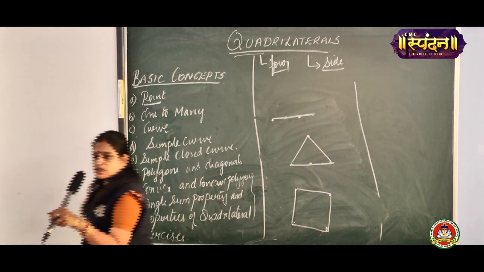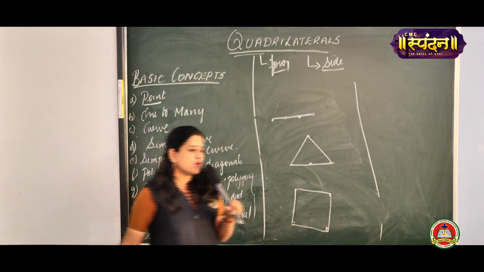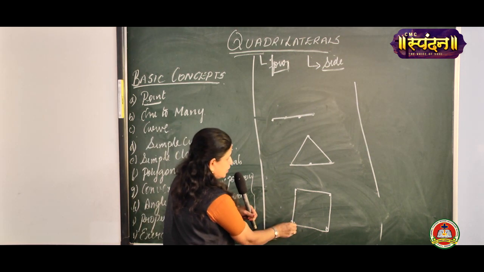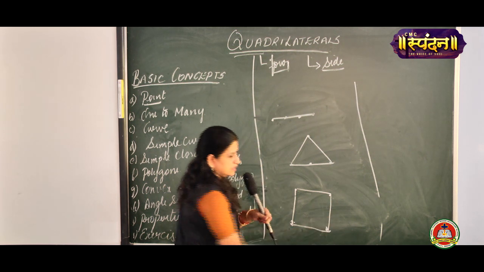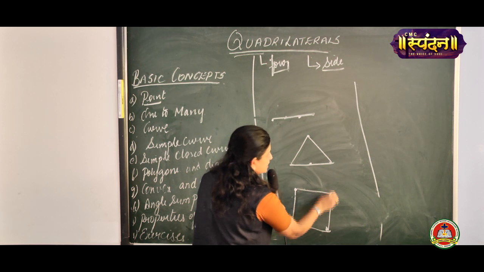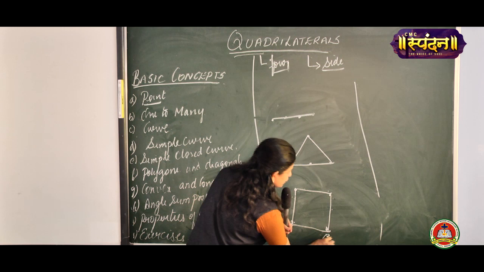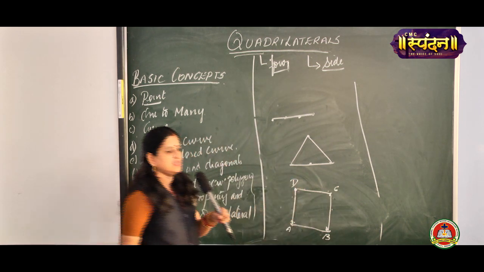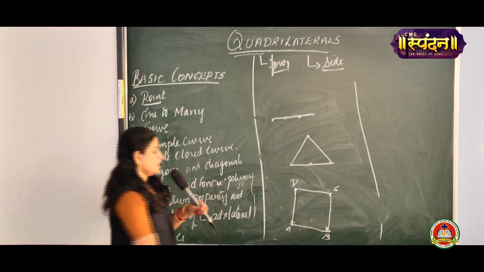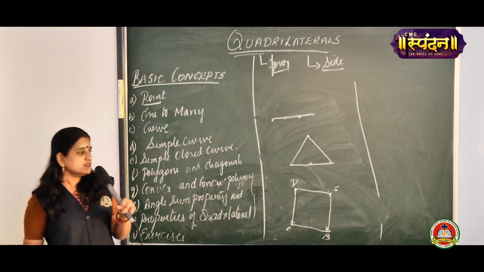What is a quadrilateral? A quadrilateral is a 4-sided figure that is made up of 4 line segments. These 2 line segments are intersecting at a point over here. 2 line segments are intersecting at a point over here. So everywhere only 2 line segments are intersecting at a point. Those points, if you name them A, B, C and D, are called vertices. So how many vertices do you have over here? 4 vertices. 4 points means 4 vertices.